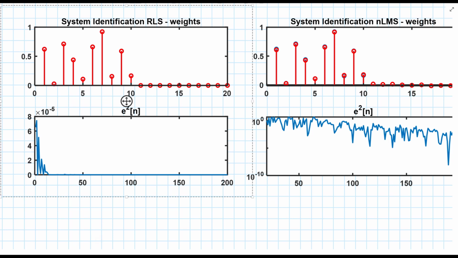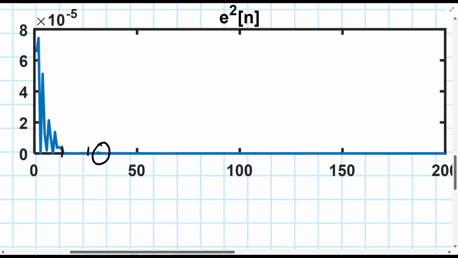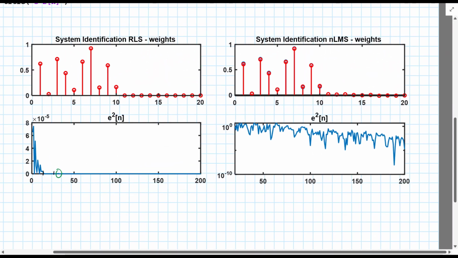Let's see, so if that's 50, that's about 25. It looks like it's pretty near 0 by the time we've hit 10 samples. In other words, by the time we've had enough samples to look through the entire filter, or characterize the entire unknown filter, we have almost perfectly characterized it. It's not perfect. I don't know if you can see, but there's a little bump right there. But it settles down by the time we're at 50. The error appears to be at 0. Whereas even with our aggressive NLMS filter,